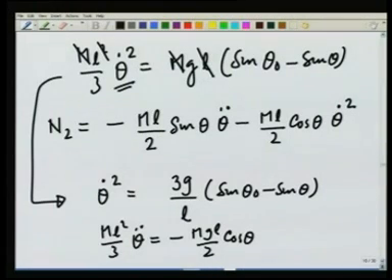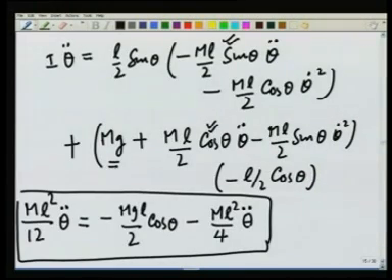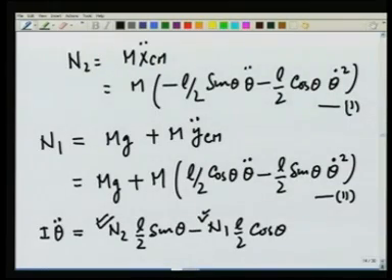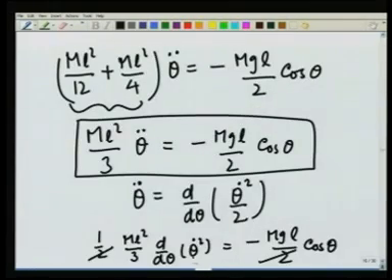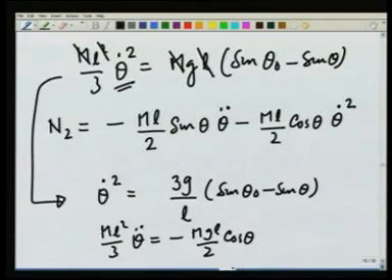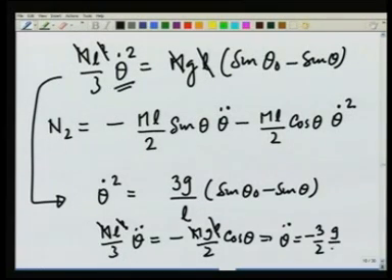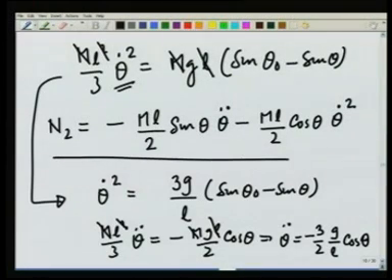Let me make sure this is the equation. ml square over 3 theta double dot equals minus mgL over 2 cosine theta. m cancels, and that gives me theta double dot is equal to minus 3 divided by 2 g over L cosine of theta. Substituting these in the expression for N2 here,